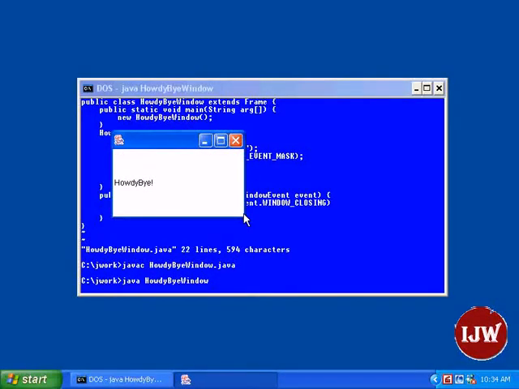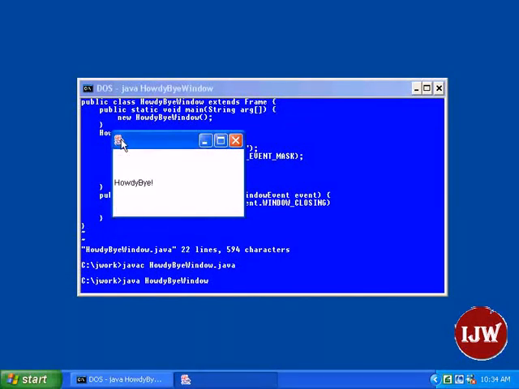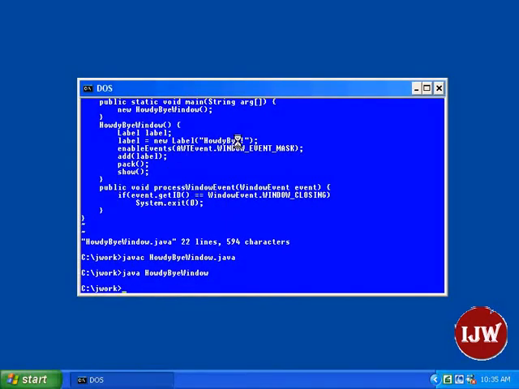We have two ways of shutting the program down with a mouse. One is to select the system menu on the left, where we can do several different things, one of which is to close the window. Another option, and a more common option, is to use the button in the upper right-hand corner. By selecting this button, the program ends. An event was sent to the program, and the program responded by calling System.exit and shutting down the program